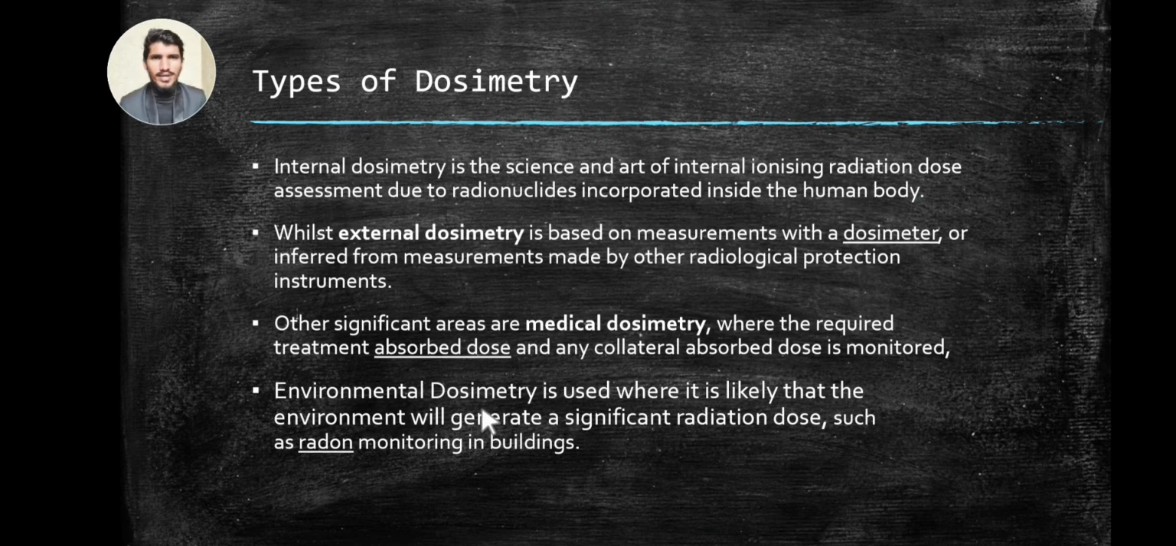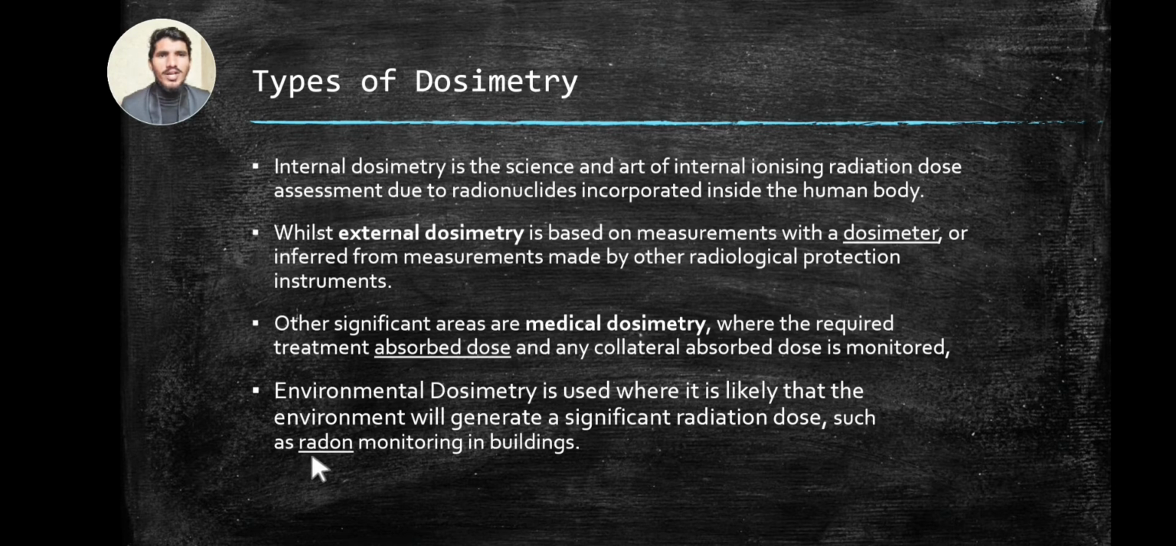So what is environmental dosimetry? Environmental dosimetry is used where it is likely that the environment will generate a significant radiation dose. So if we have some significant radiation dose in the environment, we use environmental dosimetry. In environmental dosimetry we study the radiation dose that is generated by the environment, such as radon monitoring